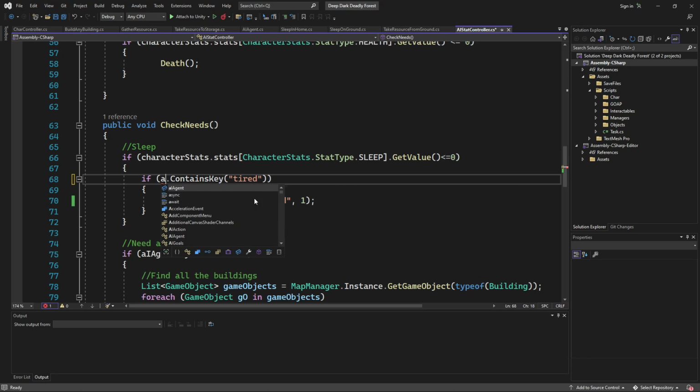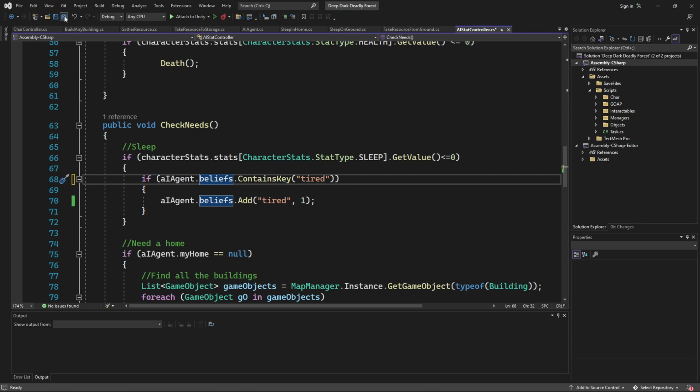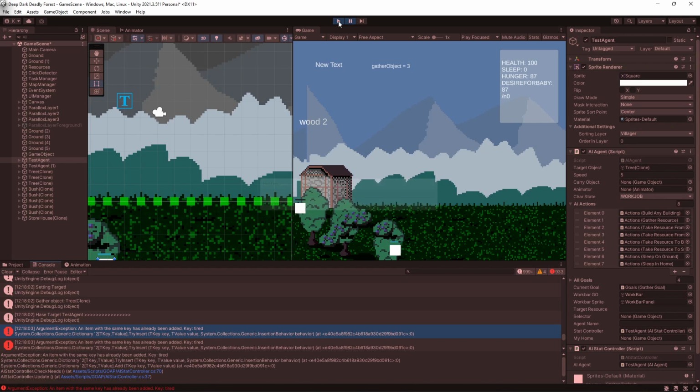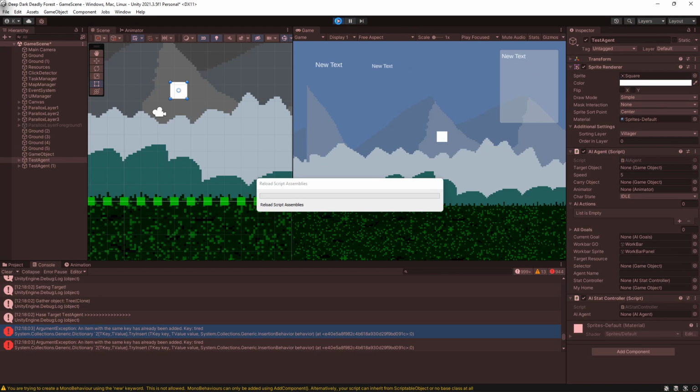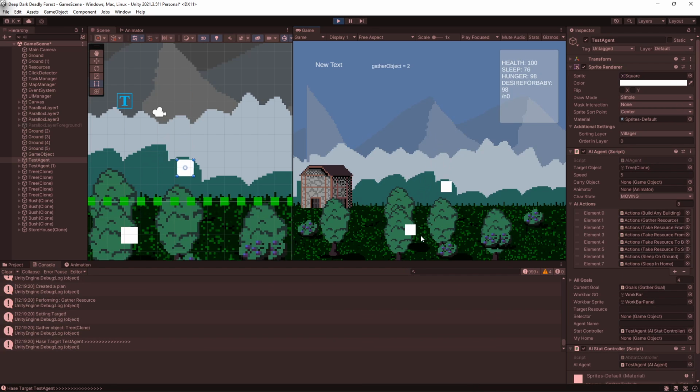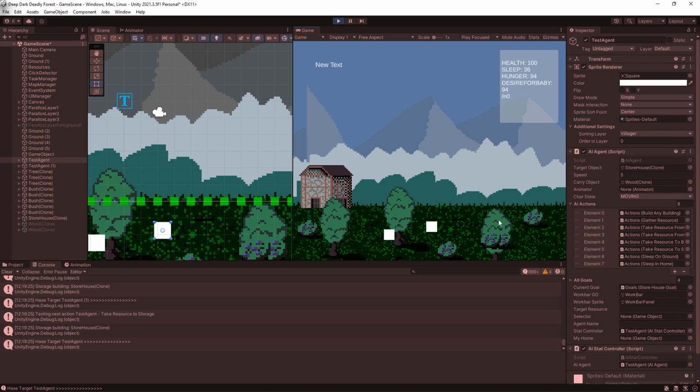Okay, AI agent dot beliefs. Hopefully that was the only error.